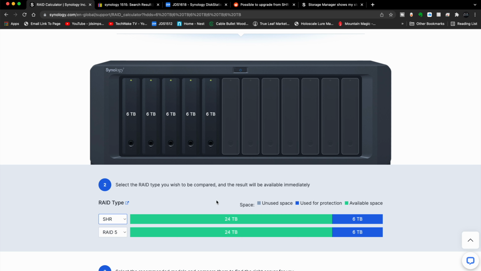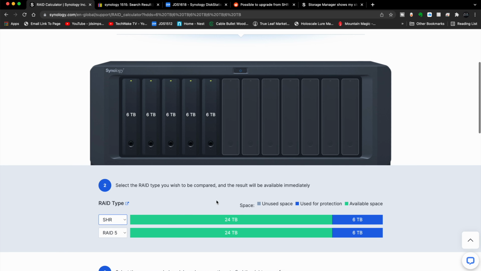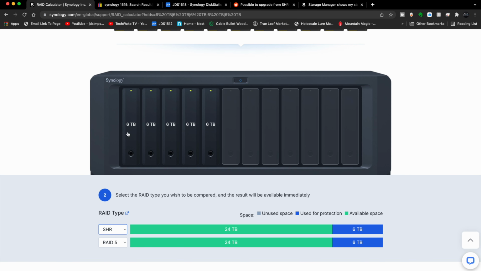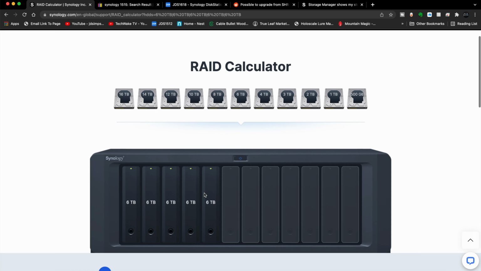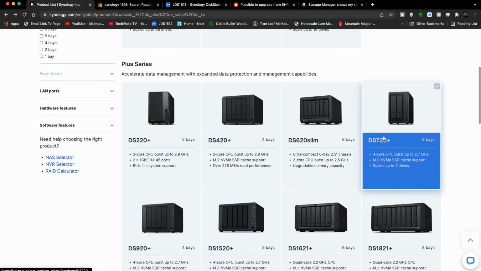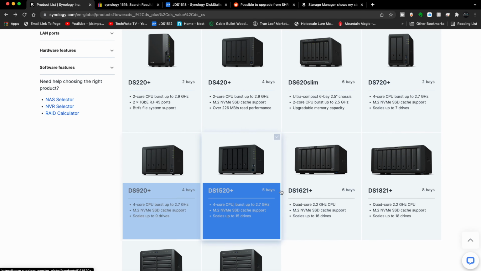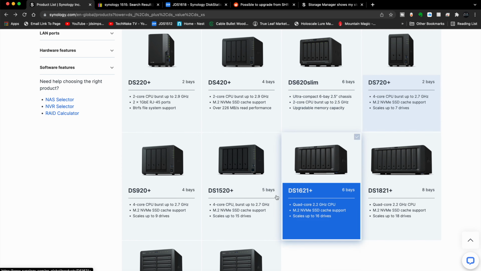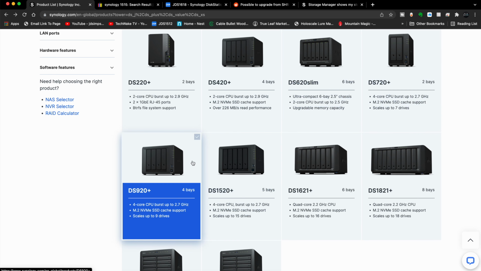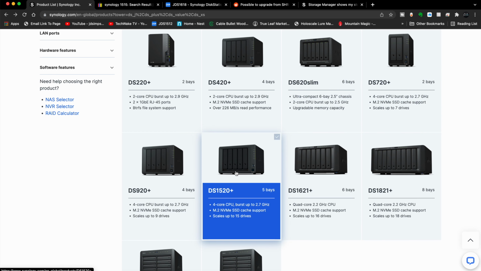I hope this section made sense because it's a little confusing, but it's probably advisable for you to jump on here and take a look around and see what different configurations you can come up with. The nice thing about SHR is you can mix drive speeds, drive sizes, and drive brands and not have to pay a huge penalty for any of it. So back to the RAIDs, we're looking at anything from the 720 up to probably the 1620. Any of these would be good. I would say you're going to land somewhere from 720, 920 to 1520. Those 3 would be the ones you want to look for.